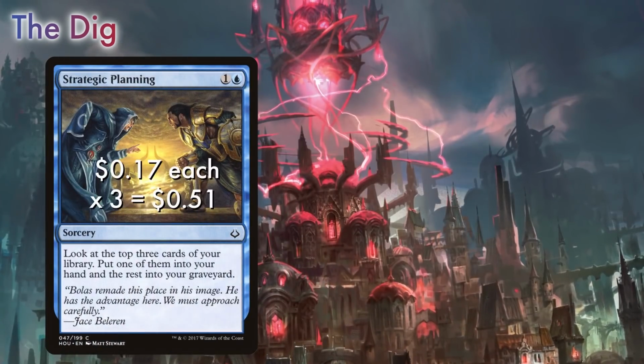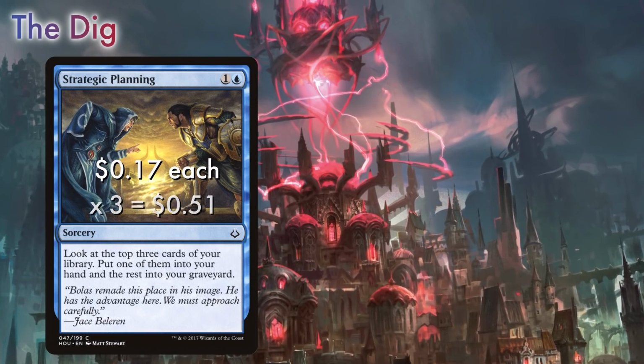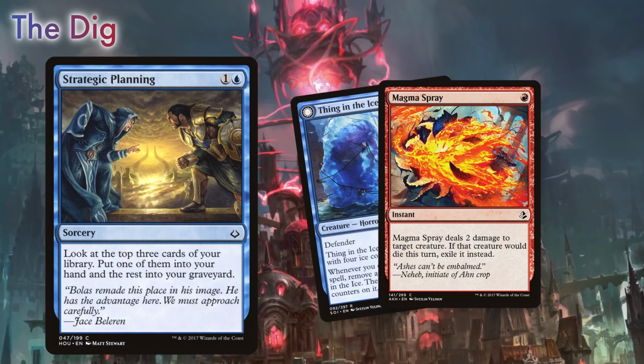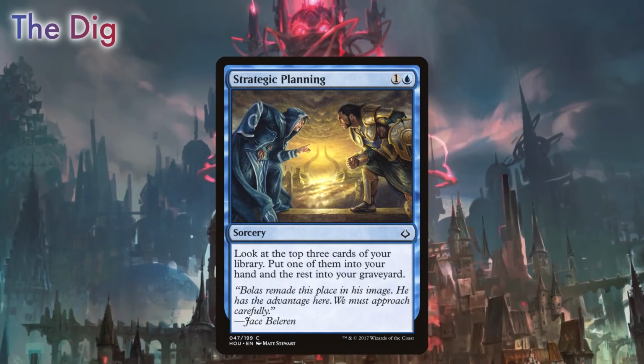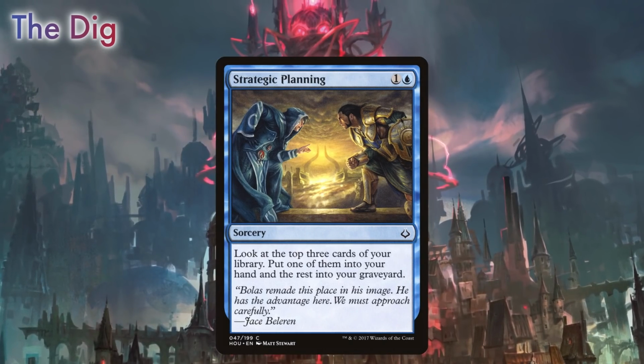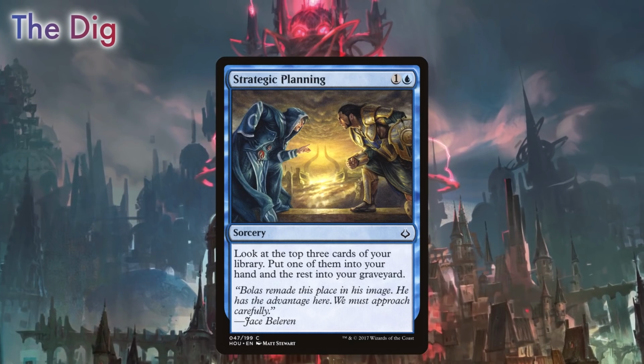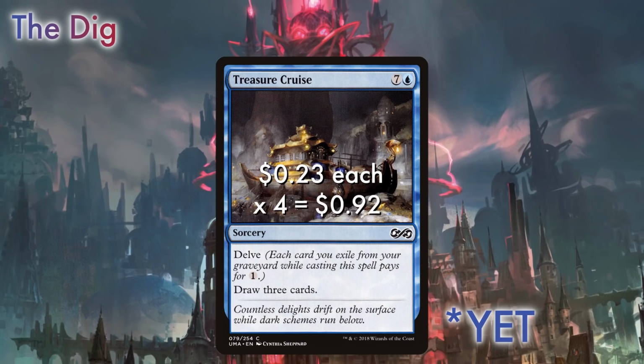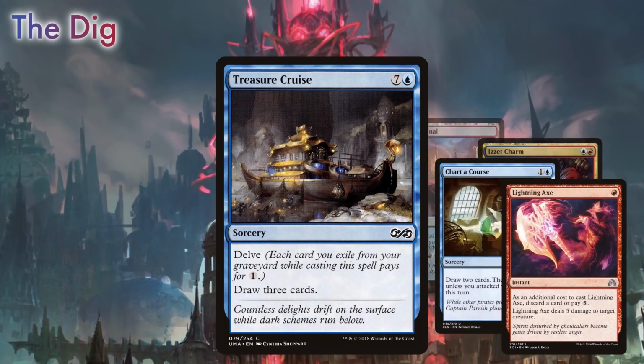Strategic Planning is a great turn 2 setup card, as we run 3 to shape our hand while possibly throwing a Phoenix into the yard and always fueling our yard. It doesn't put us up in cards, and it isn't as efficient as Opt, but it's great for when you're looking for a threat. 4 copies of the amazingly powerful and amazingly not banned Treasure Cruise let us turn our